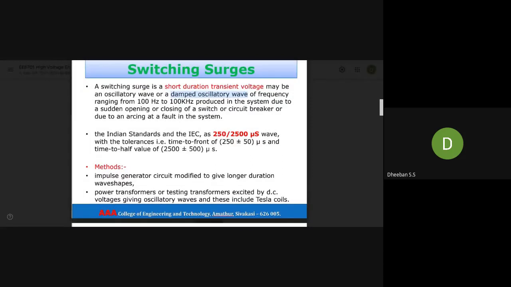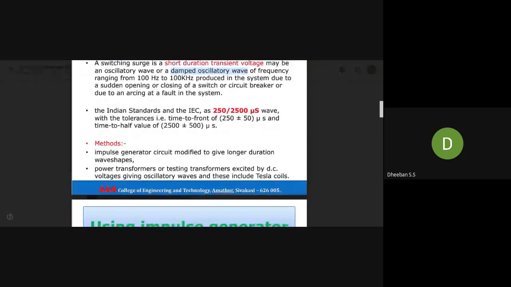And the main method for generation of the switching surges